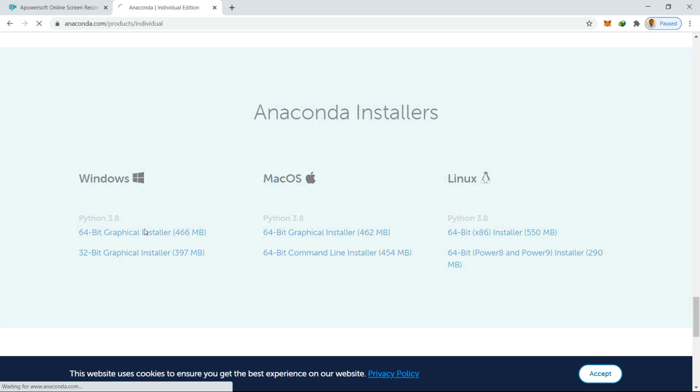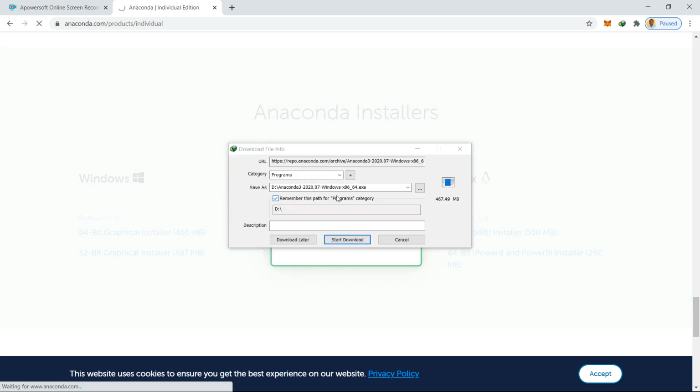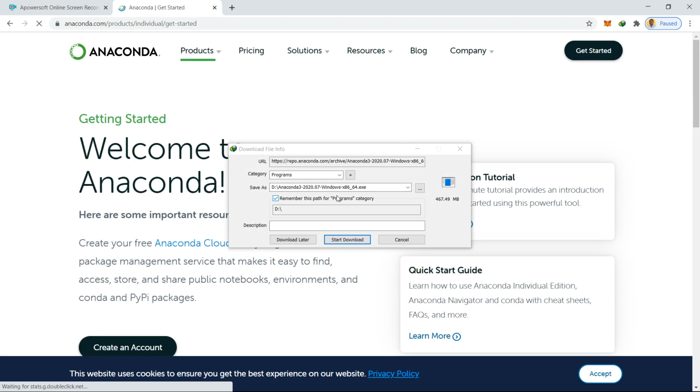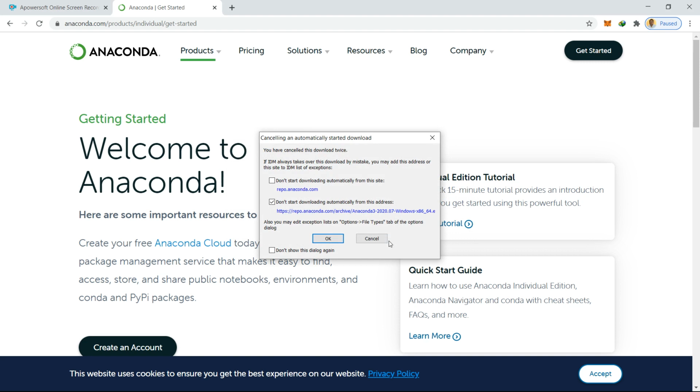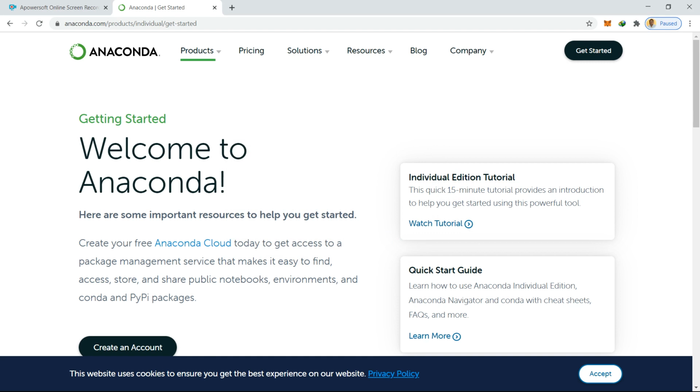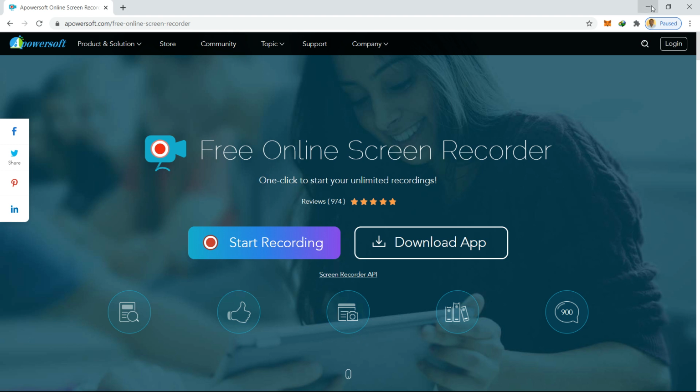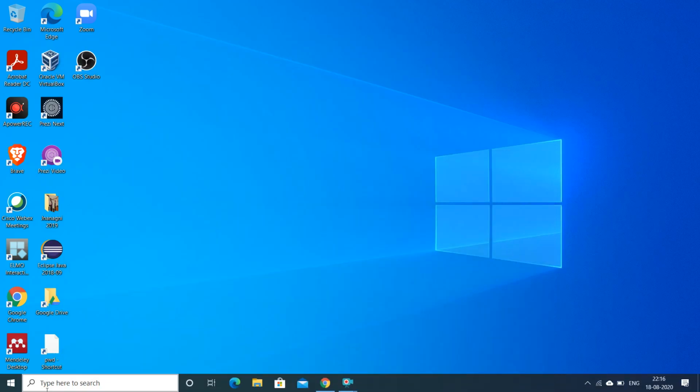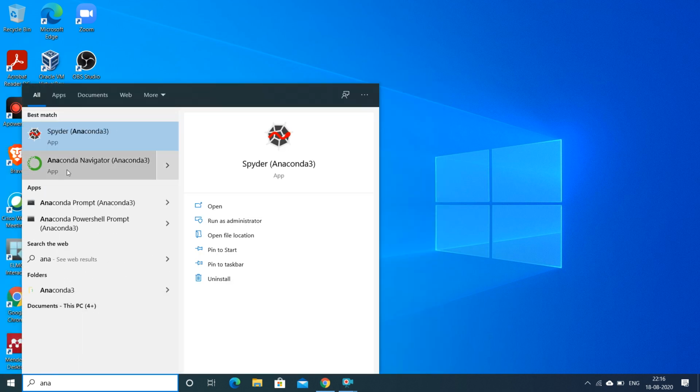You choose your version, for example Windows, download the Anaconda, and then after downloading the setup, just as it is a normal process, do different clicks, choose C drive. It is recommended as the program folder where you have to install the Anaconda. After finishing the installation of Anaconda, I am not installing it because it is already there in my system. After finishing the installation, what you have to do is just go to your Windows, and then when you search, you will find an option Anaconda Navigator.